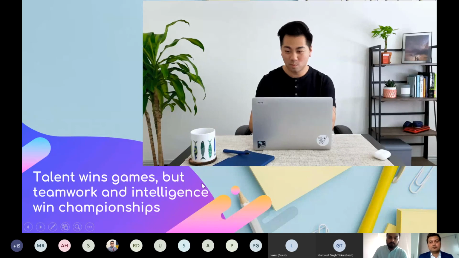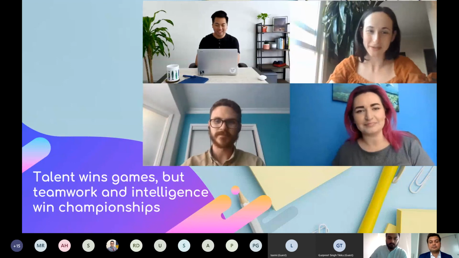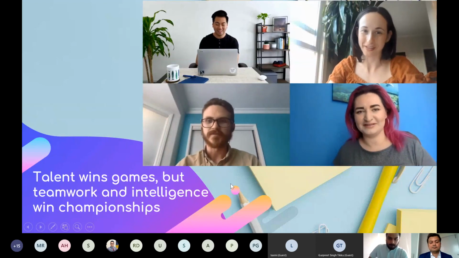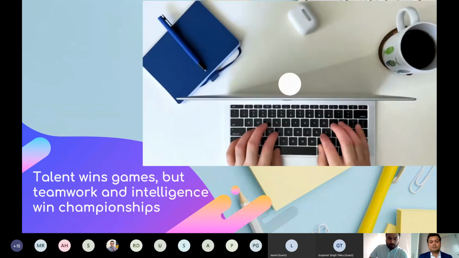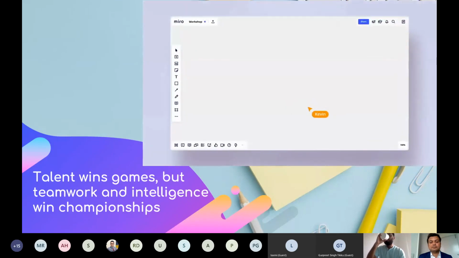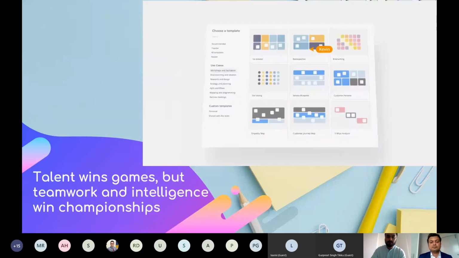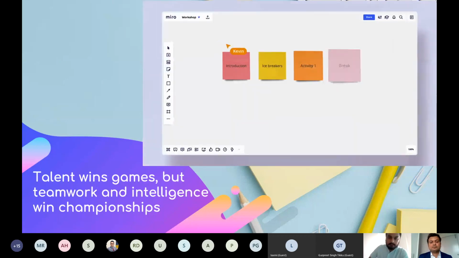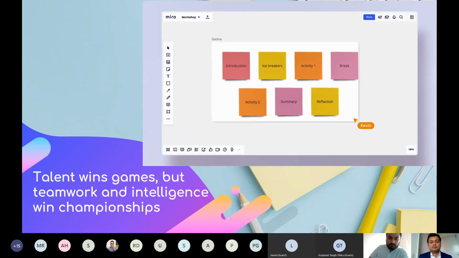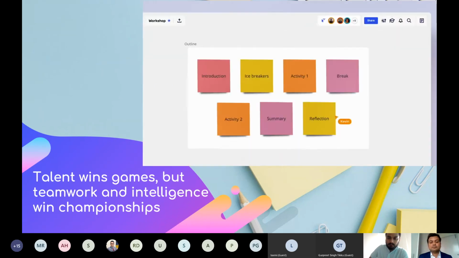Meet Kevin. He's used to running a bunch of meetings and workshops with his team around a whiteboard. But suddenly, everyone's remote. What happens now? Easy. Let's move everything online. Go to Miro.com, sign up, and jump right in. Add an agenda with goals for the session. Get started fast with the right templates. Create a structure, add frames, and lock any content you don't want people to mess with. Now, send out the invites. Finally, it's the moment of truth.